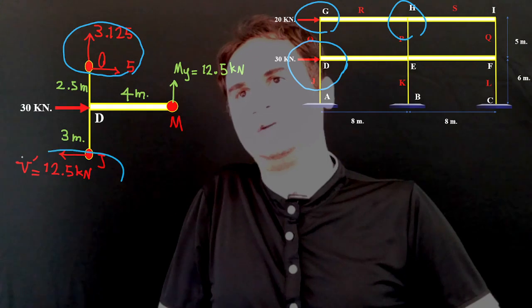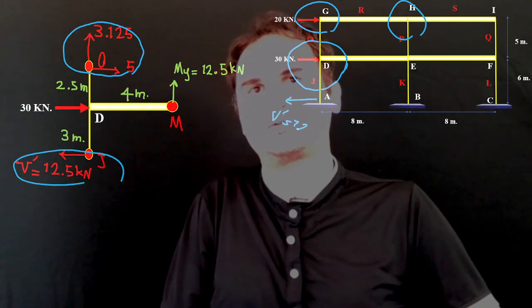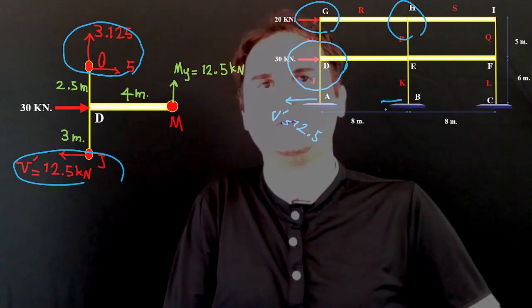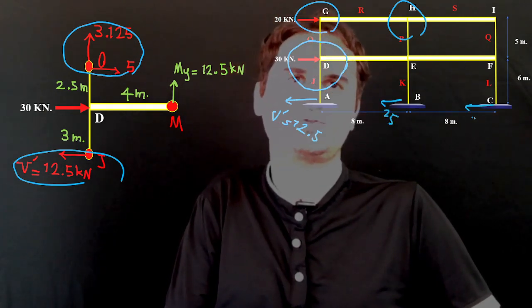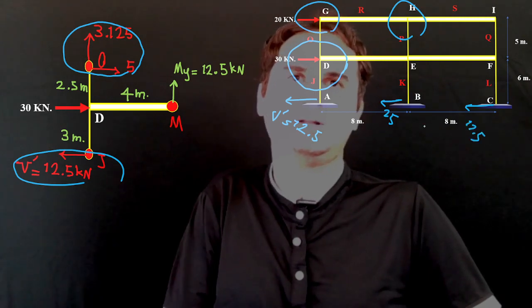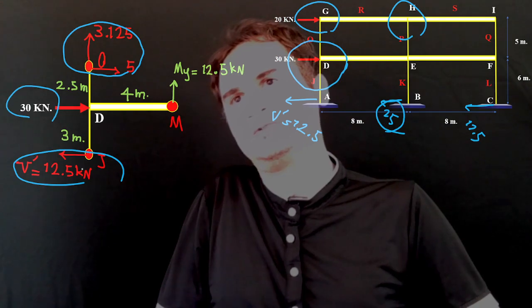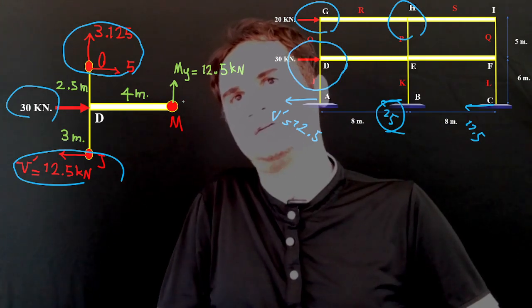We already know V prime here, V prime is 12.5. We already calculated this one from the shear distribution. The sides are 12.5 and the middle one is 25. As soon as we have 30 here, 25 here, 5 here,